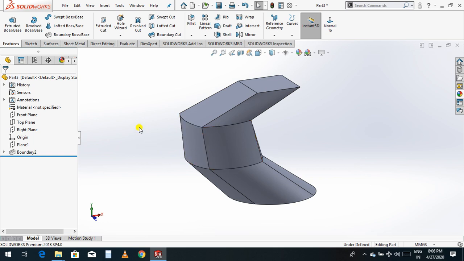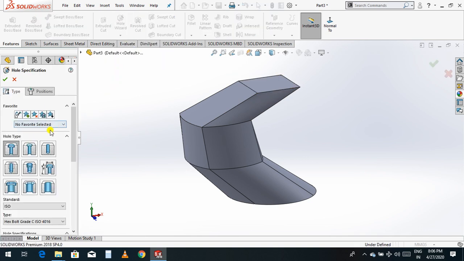Now we will go to the next feature, hole wizard. Suppose I want to make a screw hole here, so you can choose hole wizard and select the type of hole.